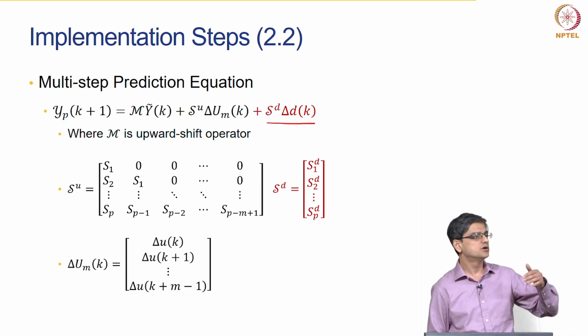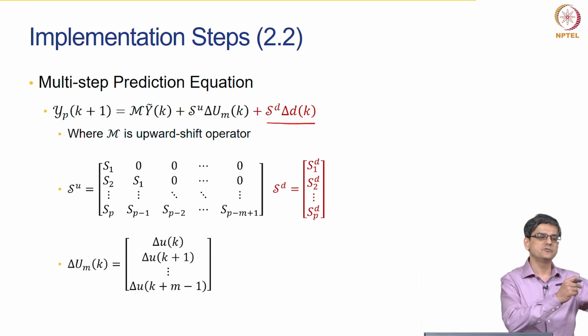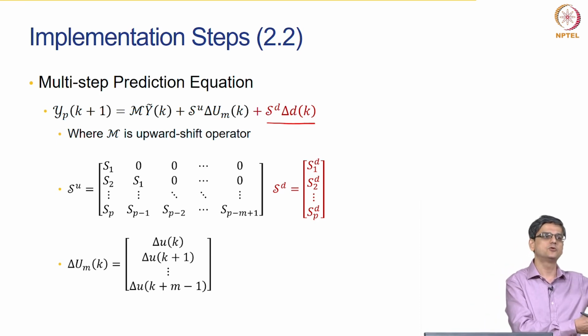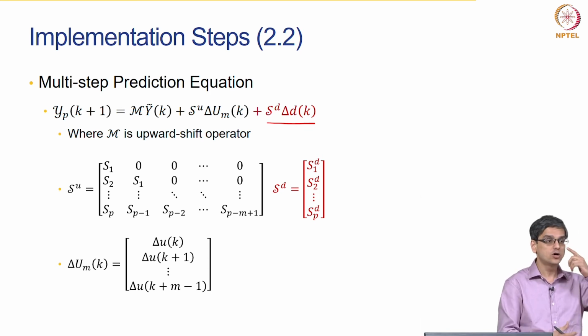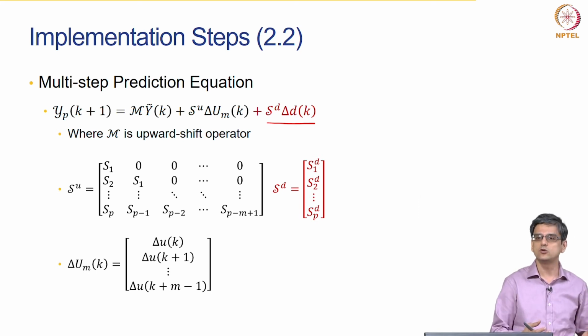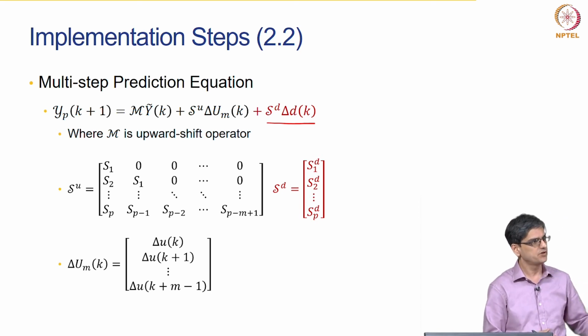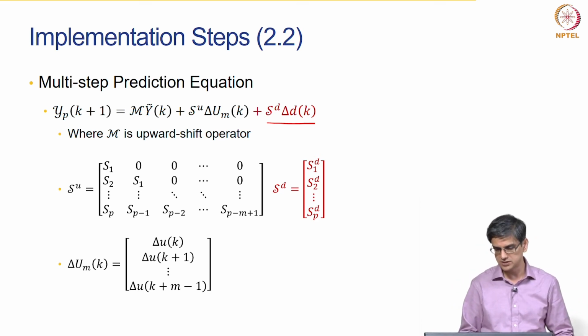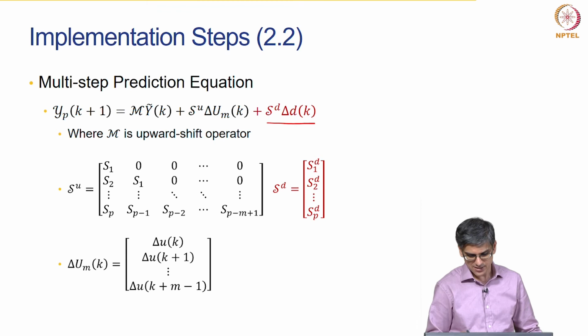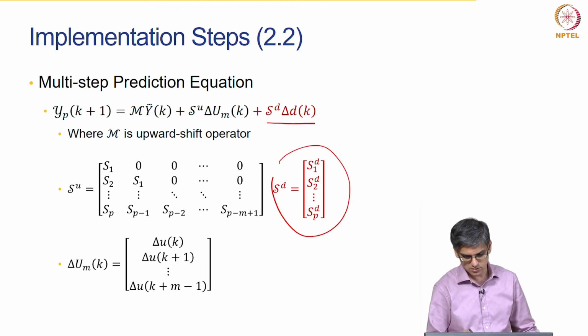Okay. Now, input, what we are saying is we have an input at k, we have an input at k plus 1, we have an input at k plus 2, so on and so forth. Okay. Load, we cannot talk about it in that manner. What we will say is that whatever load we are predicting in the next step, we are predicting that step and then it remains constant. That is what we will do with respect to load disturbance. That is why this basically has only this particular part.